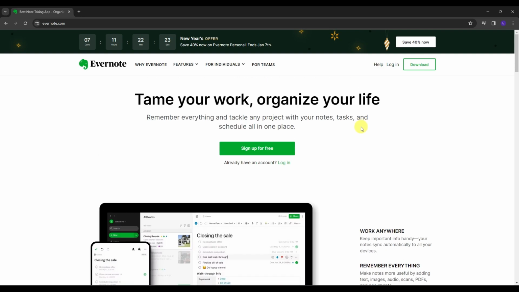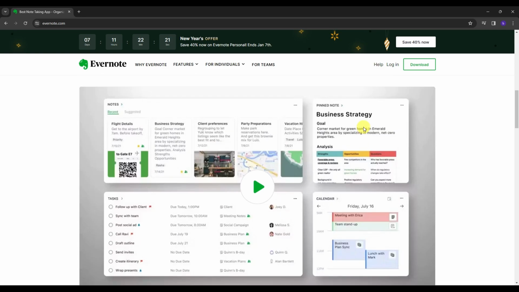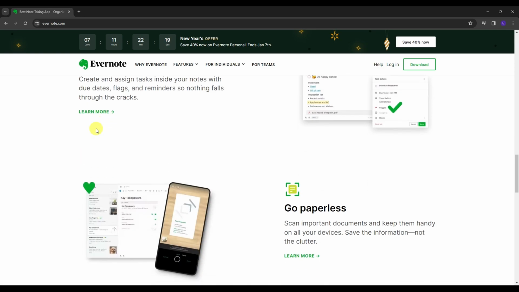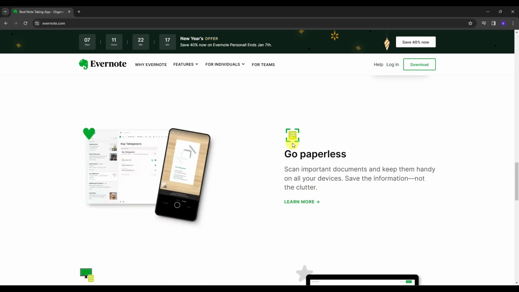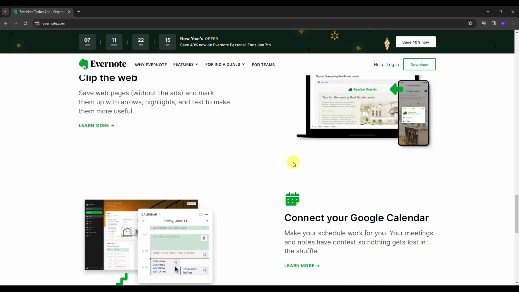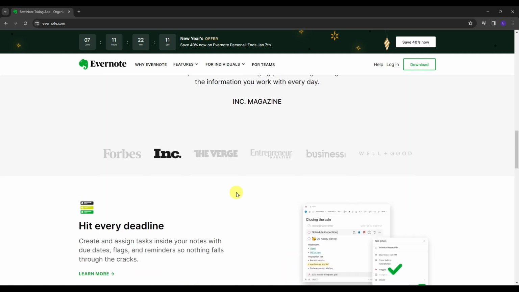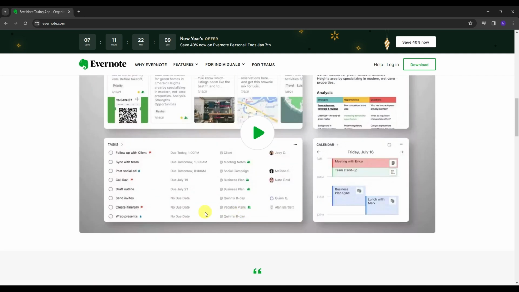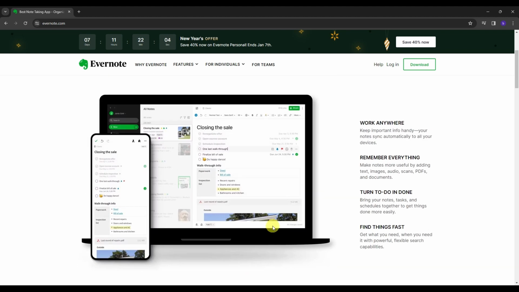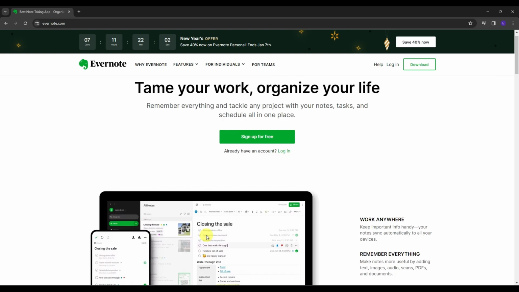So Evernote is a popular note-taking and organization tool that offers several features that make it helpful for various purposes. Evernote is helpful for its versatile note-taking capabilities, allowing users to capture and organize information in various formats. Its cross-platform compatibility ensures seamless access across devices, and features like powerful search functionality and web clipping make retrieving and